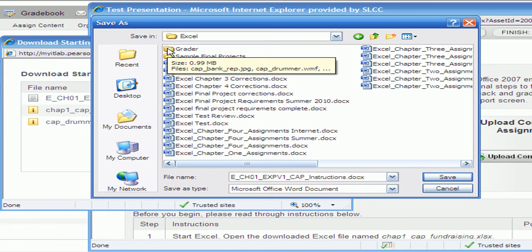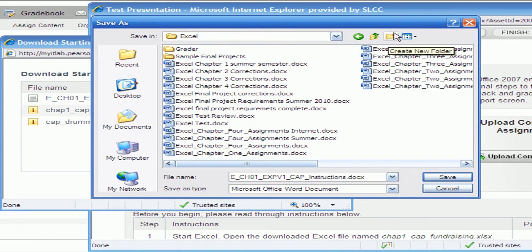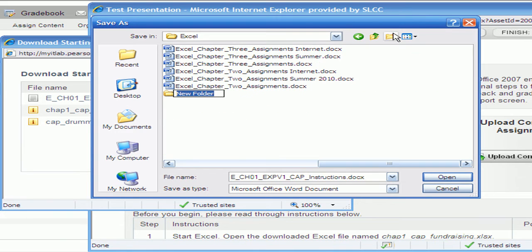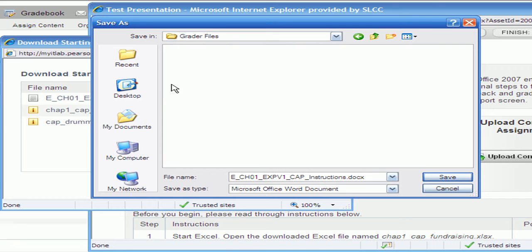To create a folder, you can use this yellow file folder icon, and then name it whatever you want to name it. So if I wanted to name it Grader Files, then if I double click on this, that means that I'm in the Grader Files. So always